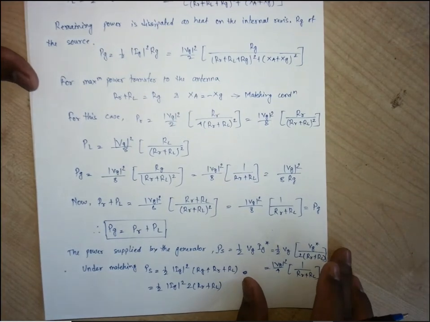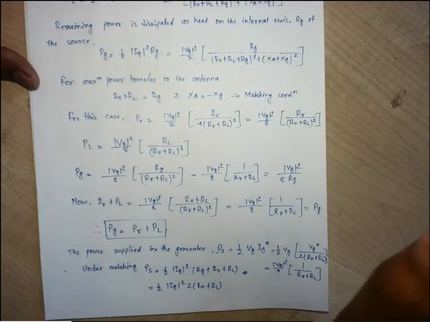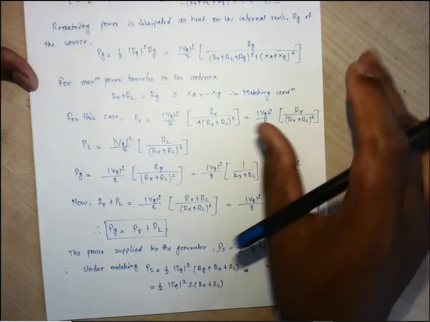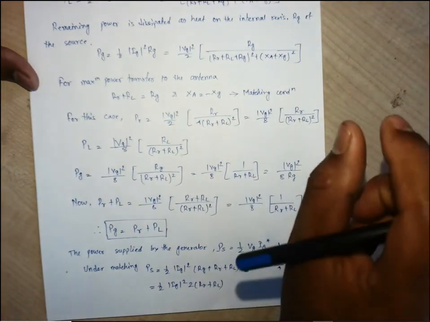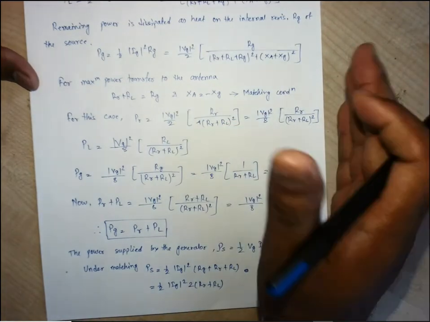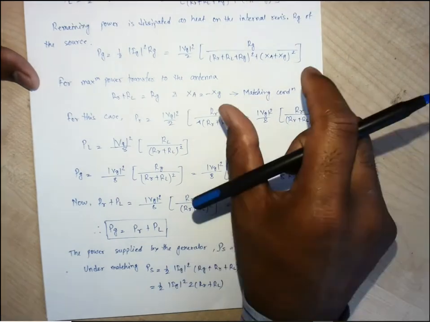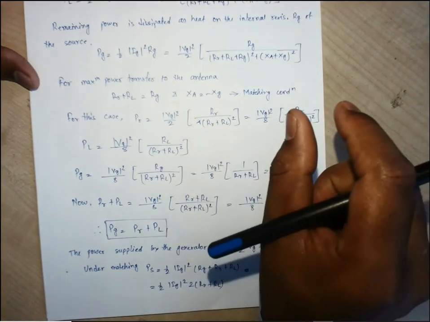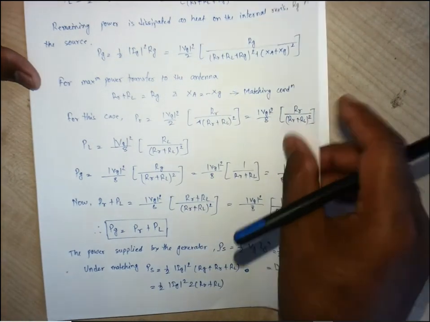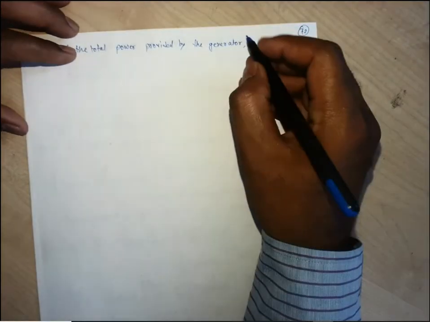So PG is one half and PR plus PL is the other half of the total. Out of this total power delivered by the generator, half is dissipated as heat